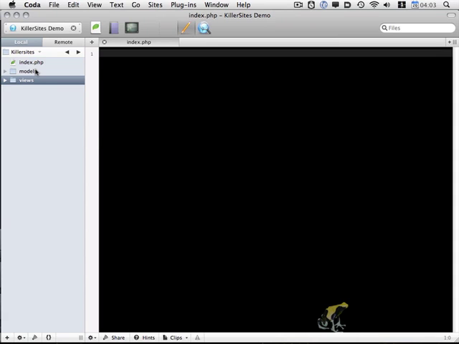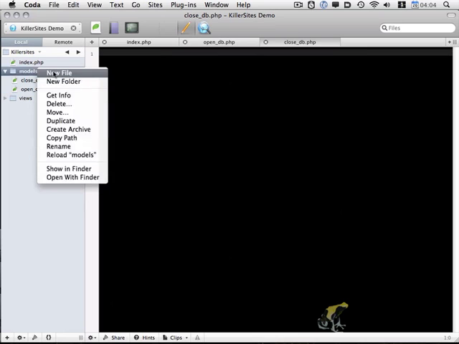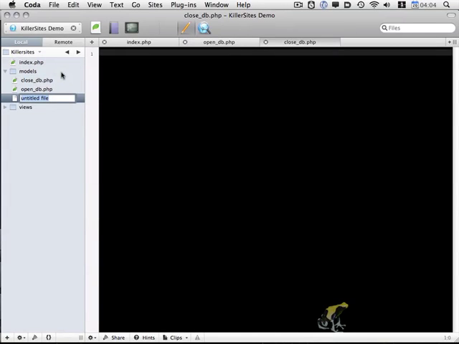So let me create a couple more files. Within the models folder, we're going to have an opendb.php file. We're going to have a closedb.php file. And finally, we're going to have the actual model itself, in which case I'm going to call this one tagcloud.model.php. And I should mention, I could potentially just call it tagcloud.model, but in case someone had direct access to